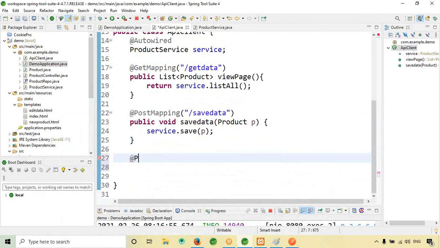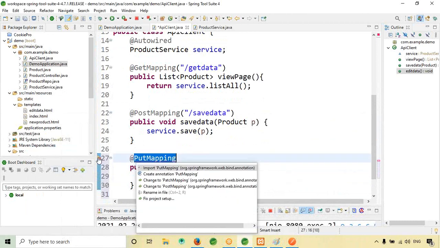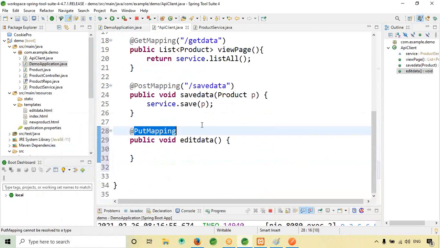Annotation put mapping. Public void edit data. Okay, so put mapping.